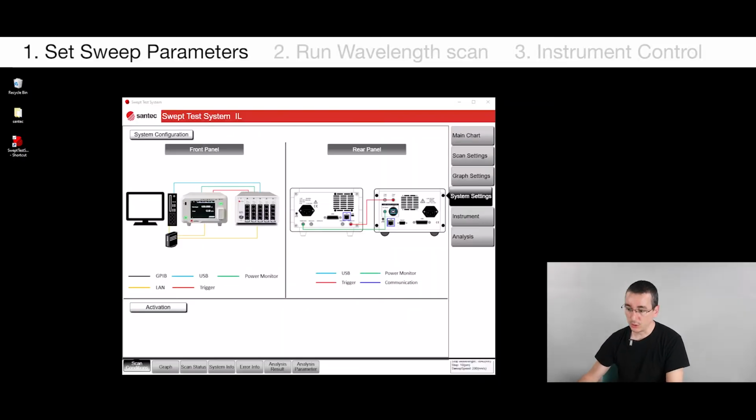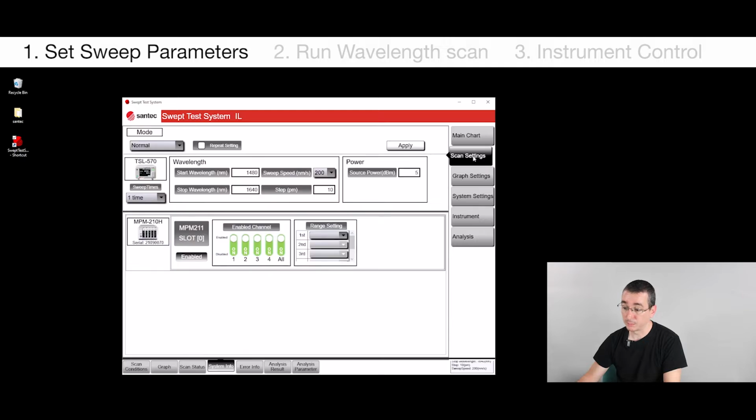Now, in the previous video, we have left with this main window set at this System Setting tab. Now, to set the sweep parameters, we go to Scan Settings, and this tab is divided in two frames. The first one where we are going to set the parameters for the TSL, and the second one is for the MPM. Now, very straightforward, I will input the starting wavelength, the stop wavelength, and then I will select the